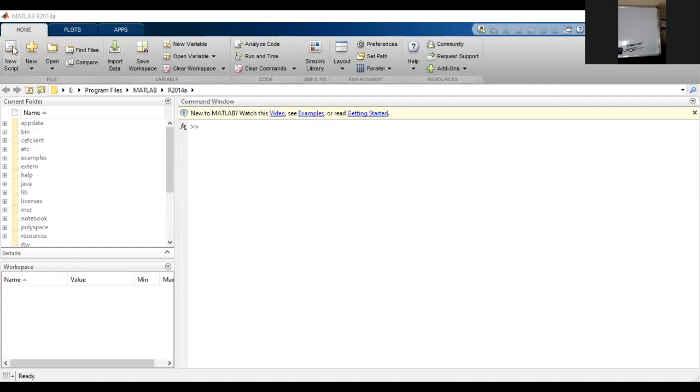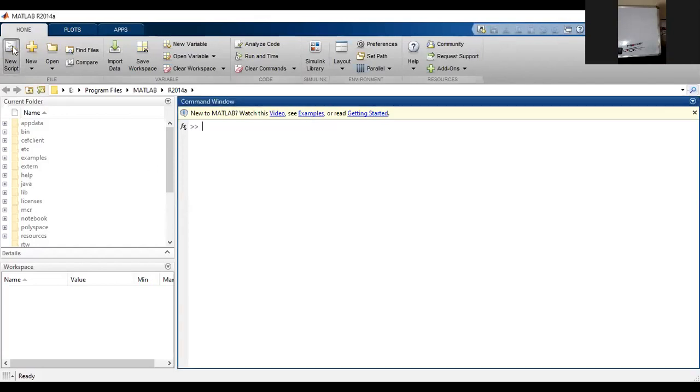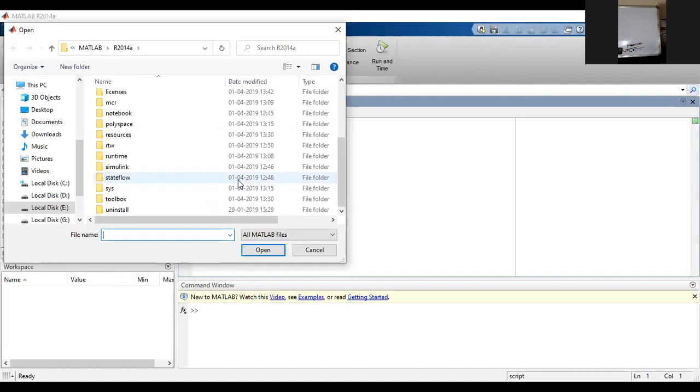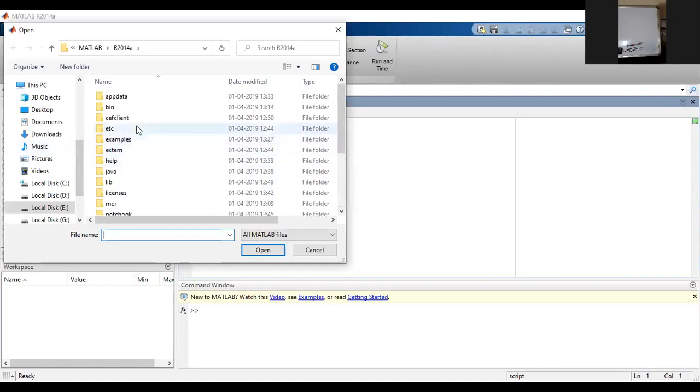Right. We know very well we have done a scripting program for MATLAB. So I'm opening a script file. I've already taken the data, which I'm going to show you, all the programs which I've already run.